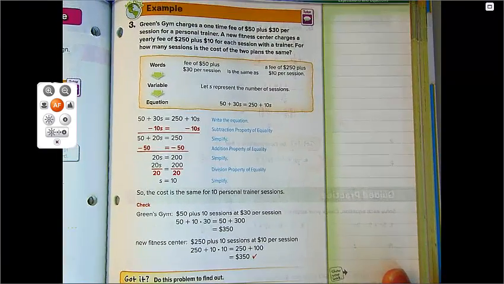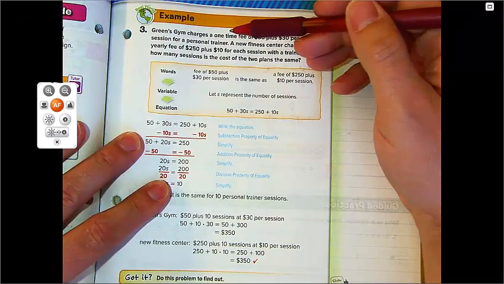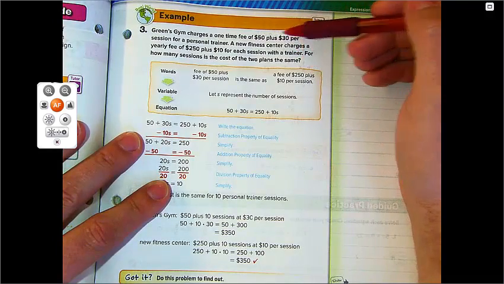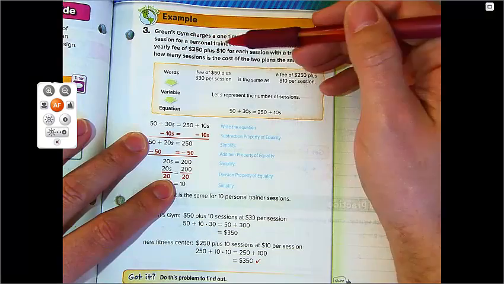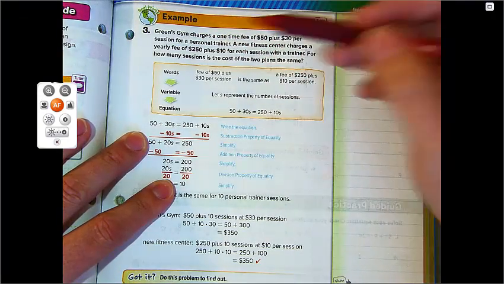Alrighty, now that you've done that one on your own, let's take a look at the next example here. It says, Green's Gym charges a one-time fee of $50 plus $30 per session of personal training. So to show up to the gym and start costs $50, then $30 for every time you're with a personal